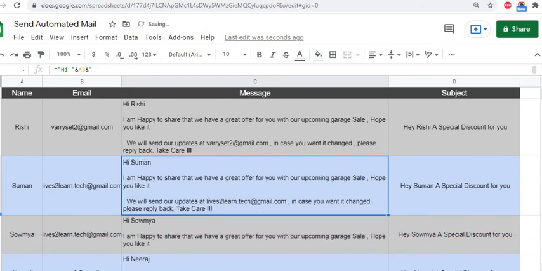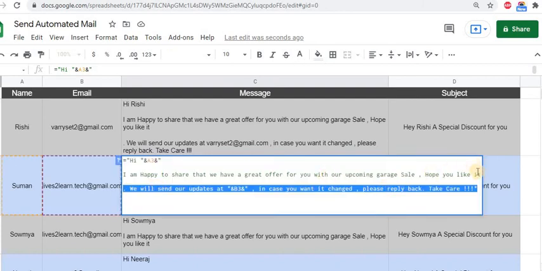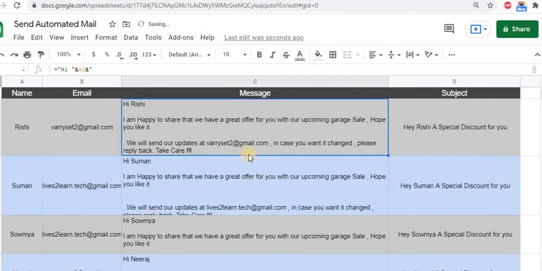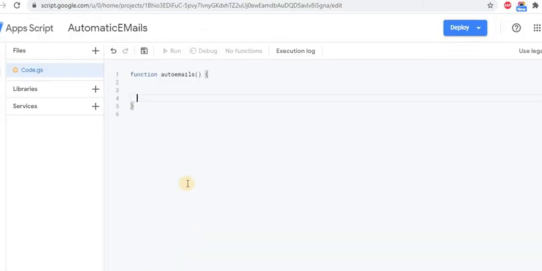Let me show you. Okay, and in case you are wondering how I have gotten these to the next line, the hotkey is Alt Enter. So suppose you are here, just press Alt Enter and it will move to the next line. Okay, so now let's begin how we can do the coding and let's get started.